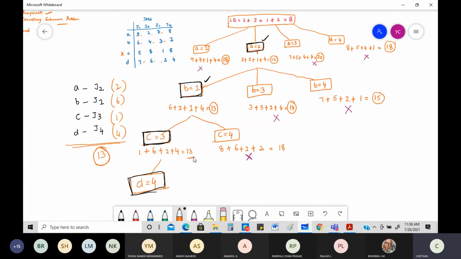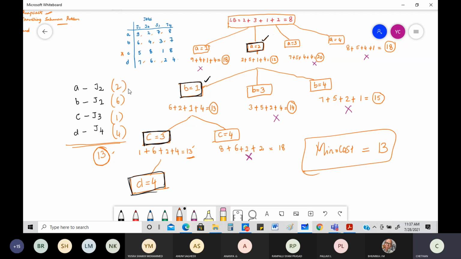What's the last value got here? That is also 13. If your problem is correct, you get the same value here also. Check into this. 8, 9, 13. So the minimum cost, you don't call it total cost, you call it minimum cost. The minimum cost of what you got was very much your 13.